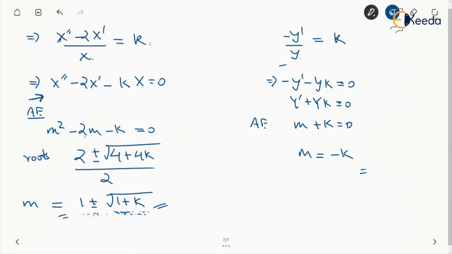We have seen this in the linear equations with constant coefficients. Similarly, we can find different solutions for the different cases of k being positive, negative, this 1 plus k being negative, positive, or 0. And this is simple. This is one linear equation of first order, so there is nothing much to discuss about this. m is equal to minus k, right? So in that case, let us assume that 1 plus k is going to be positive, that is, we are going to get real and different roots.